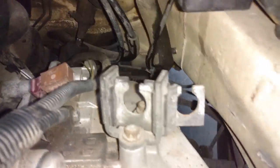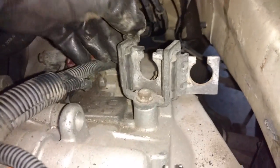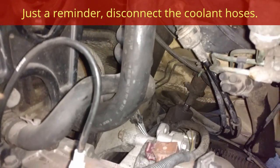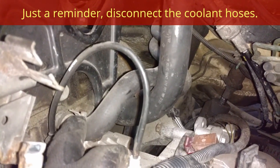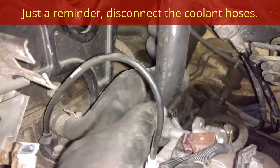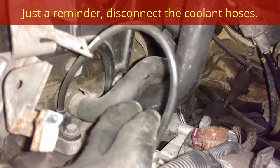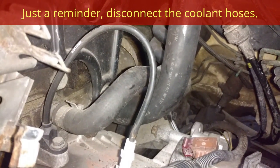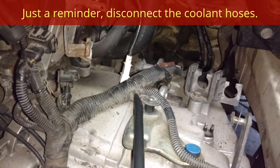There you have it. Cables are up and out of the way, and they're out of the transmission, and the bracket is still in here. Next thing you want to do, because you just don't want no fighting with this, take your heater hoses loose off of the engine. You can either quick disconnect them back there or take them loose off the engine. That way when you drop this side of the engine, that will not fight against you